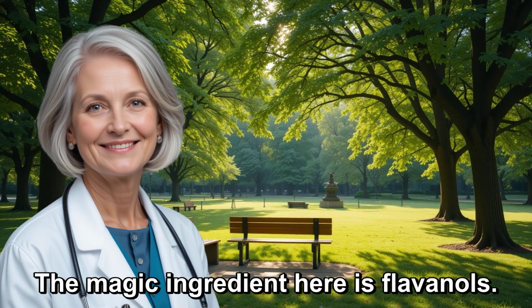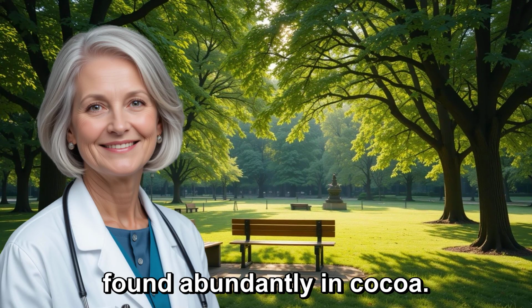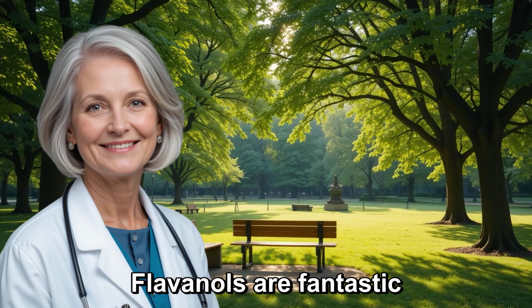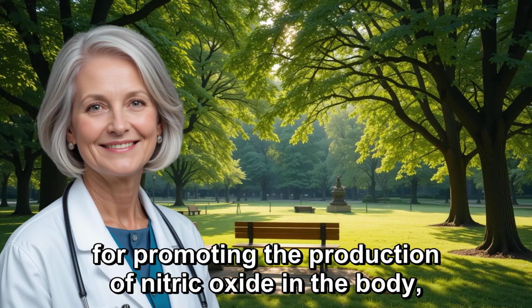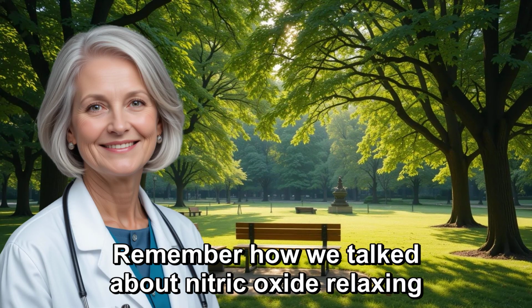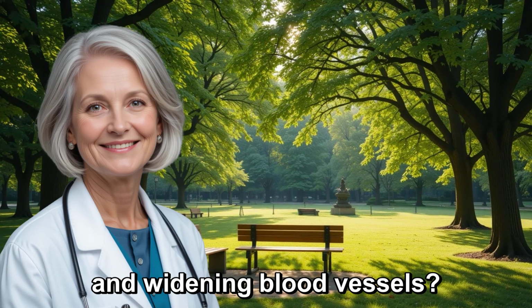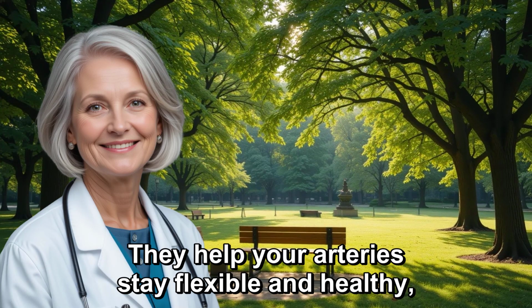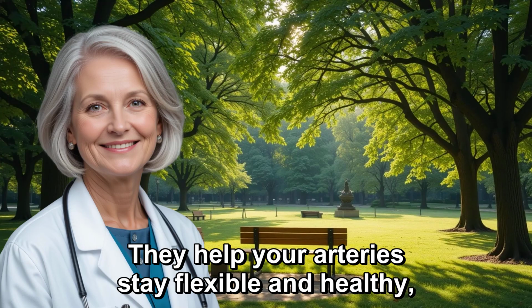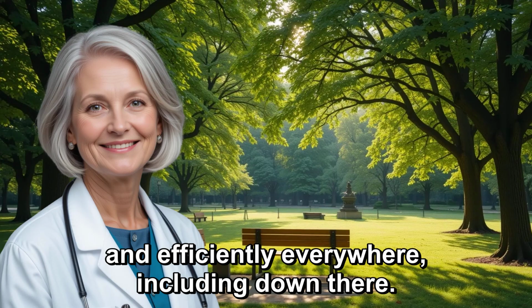The magic ingredient here is flavonols. These are types of antioxidants found abundantly in cocoa. Flavonols are fantastic for promoting the production of nitric oxide in the body, similar to beetroot. Remember how we talked about nitric oxide relaxing and widening blood vessels? Well, cocoa flavonols do just that. They help your arteries stay flexible and healthy, which is crucial for getting blood flowing smoothly and efficiently everywhere, including